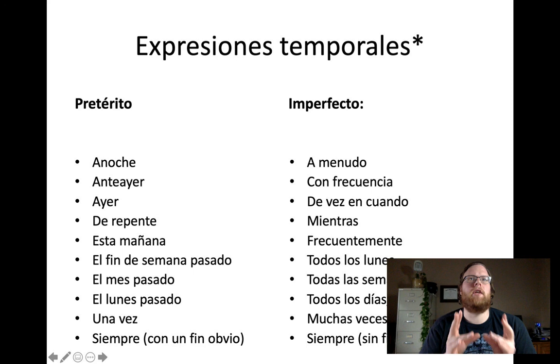So what do we mean by an obvious ending compared to an unobvious ending, with no obvious ending? I would say very commonly, more commonly, we're going to have siempre with the imperfect. And because generally when I say always, there's not a clearly defined end. When I think about a defined end, a specific end,